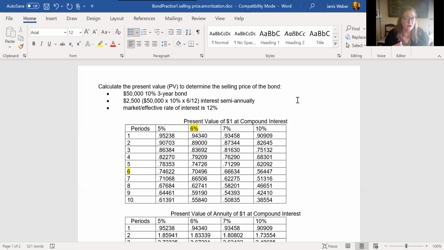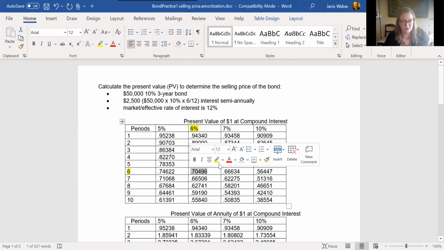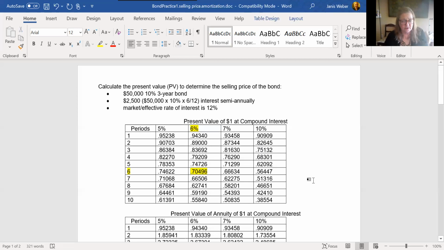We're looking for the factor that is at the intersection of the number of periods that our bond is for and the interest rate that this bond is for. So it's not a 12% bond if you're looking at a semi-annual payment, it's half of that. So we go down where 6% meets 6 payments or periods, and we get this factor from the present value